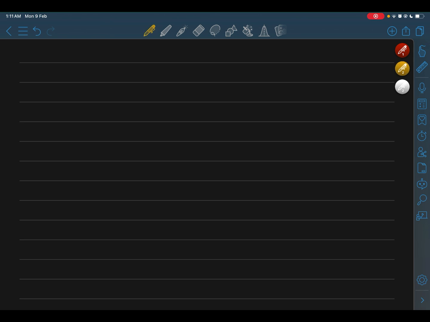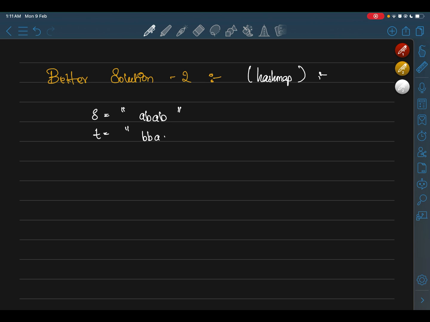Next, we'll be discussing another better solution. Better solution 2. Here we are going to use the hash map solution. Let's see how we are going to implement the hash map over here. We'll take the same example. Just take a hash map. What you're going to do,